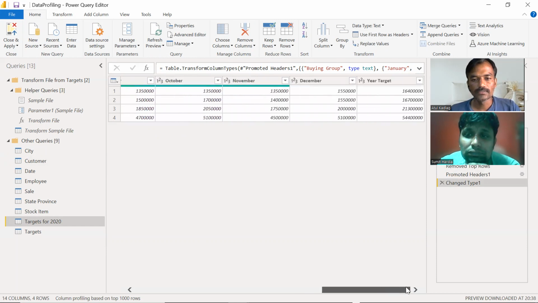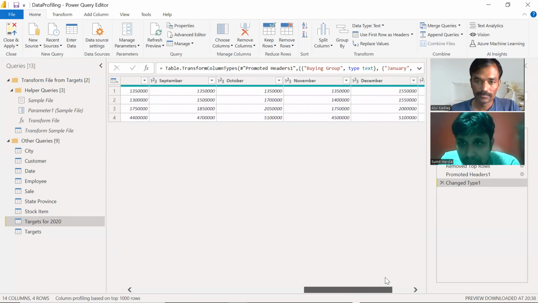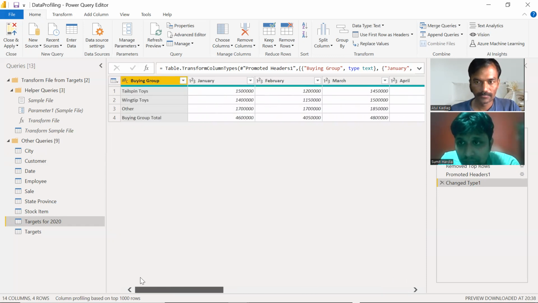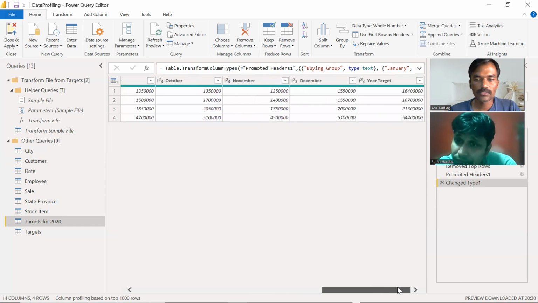Now this data is showing month wise in every column. So for each month there is a separate column. This is pivoted data actually, and we wanted to make this unpivoted. Basically the data should be like that, only two columns: one is month and then its value. So for that we can select these columns, all these columns,